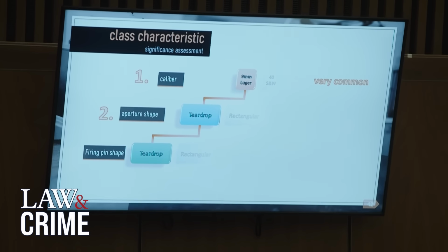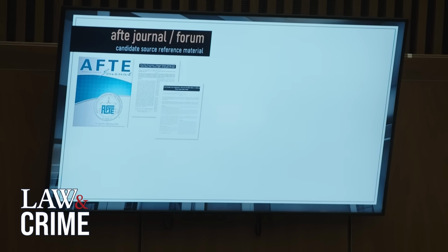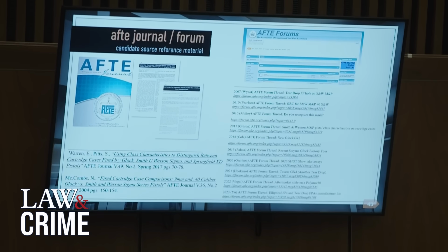Okay. Let's move on then. If you would talk about after you document those three features, those three class characteristics, what's the next step that you took? So at this stage, it becomes a bit of a research project. I'm using literature from my field in order to get the broadest list of known candidate sources with a teardrop-shaped